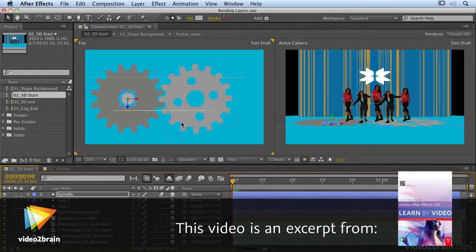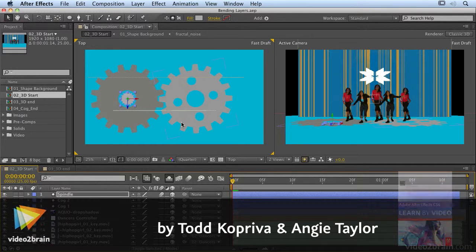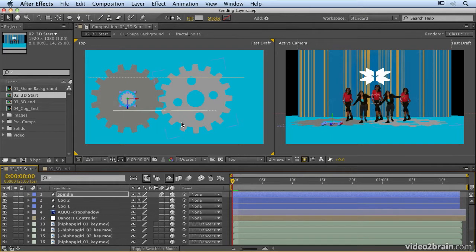After Effects CS6 introduced real 3D geometry to After Effects, and now layers can be bent and extruded, and this opens up a whole new way of animating in After Effects. Now, certain layers can be bent, certain layers can be extruded, and we're going to start by having a look at bending layers. So what I want you to do is open up Bending Layers AEP from the Introduction to